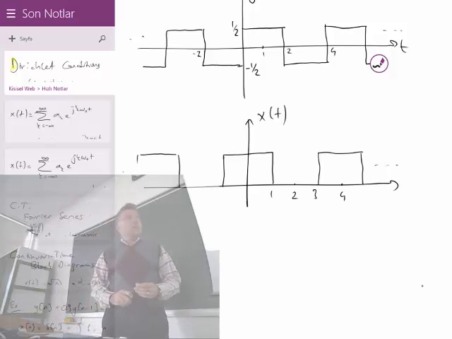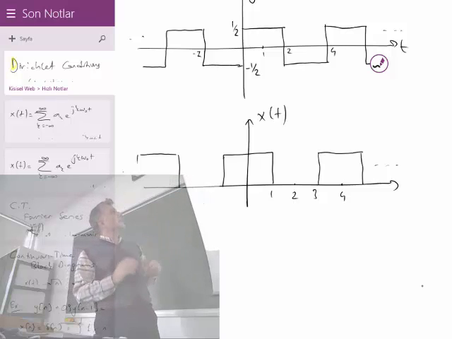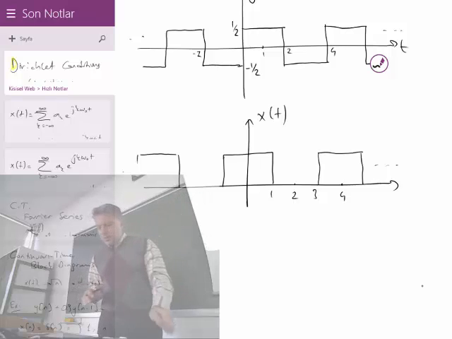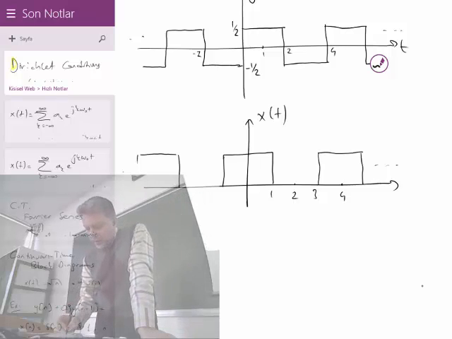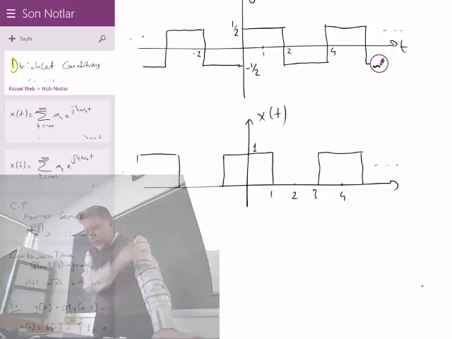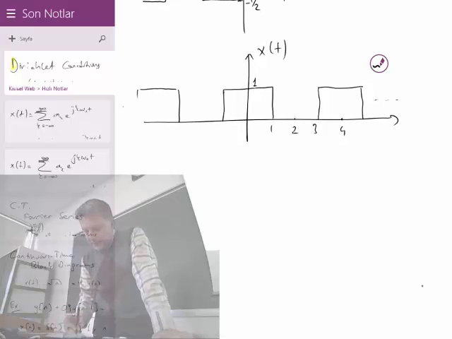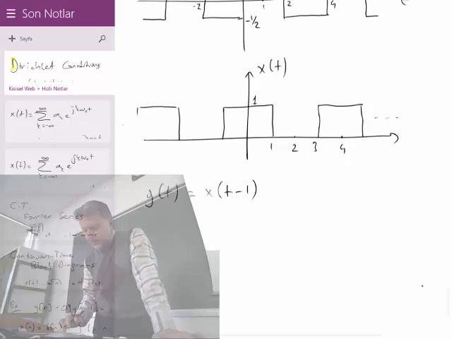As you see, both x of t and g of t have the same period. The period is 4, therefore they have the same fundamental frequency. The period for x is 4, the period for g is also 4. And in terms of x of t we can write g of t: g of t is equal to x of t minus 1,